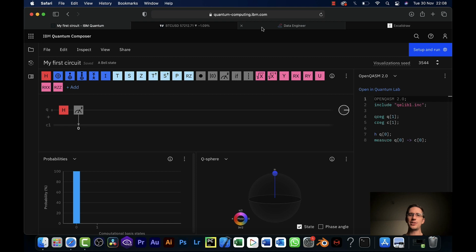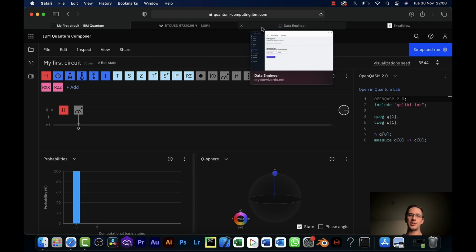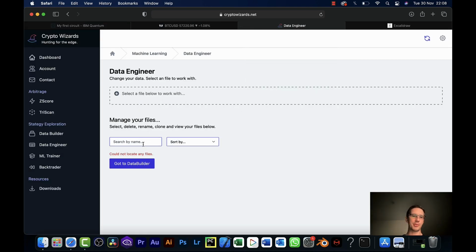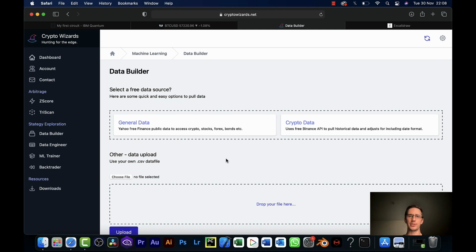So we need to go and predict, will Bitcoin's price be up or down in the next hour? So I'm going to go here to the data builder tool. I'm going to use Crypto Wizards for this, sorry. So I'm using Crypto Wizards for rapid fire testing. I built this so that I can do this kind of stuff right from my mobile phone. But if you know Python, especially, you'll be able to do this without being on Crypto Wizards.